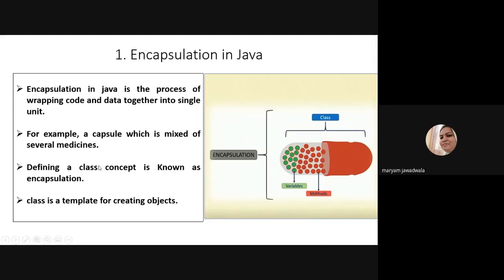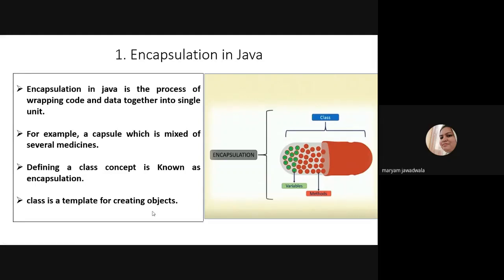So how can we use the concept of encapsulation in any object-oriented programming? You can define a class. You can write a class to implement encapsulation. I can say a class is a template for creating objects.